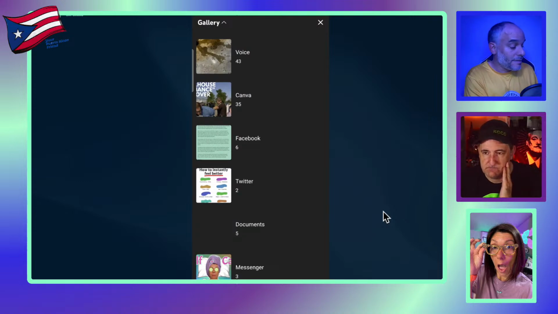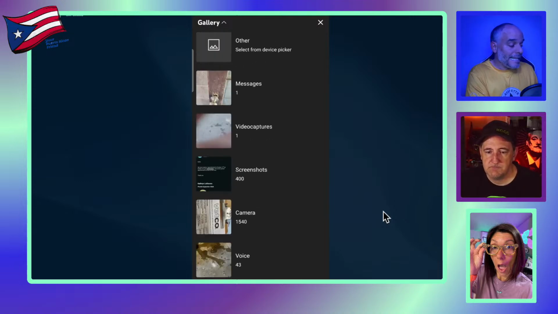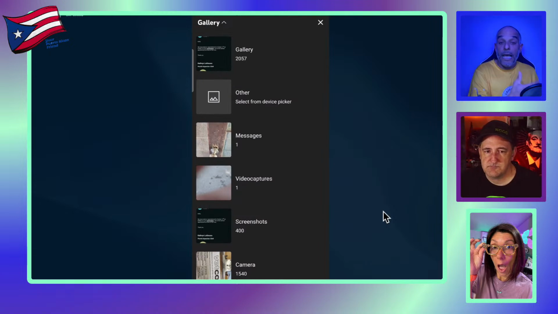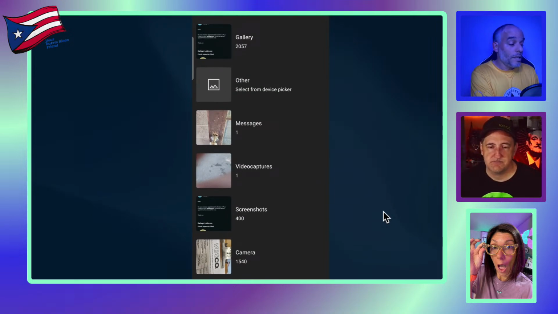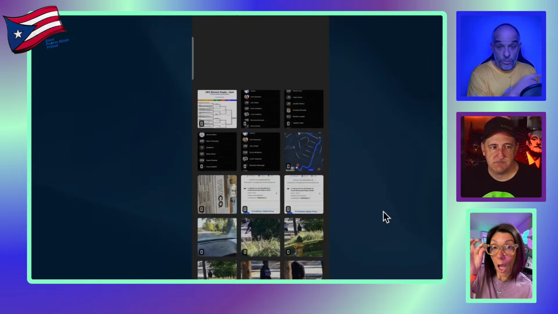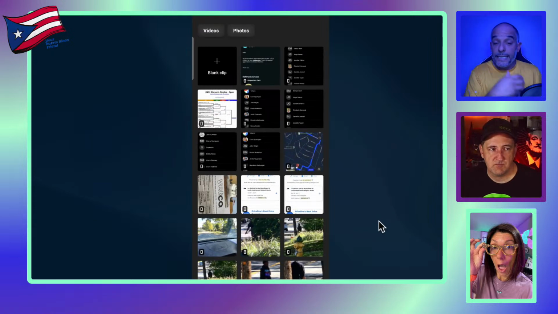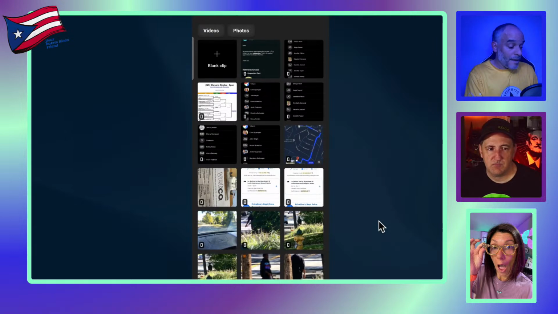As you can see, I use Canva quite a bit. Anything that I have on here, it's going to let me bring into my project. You're going to see all of your device's videos and photos once you click on that, so you can easily bring in any specific folder and start importing any clips, any videos, whatever it is.